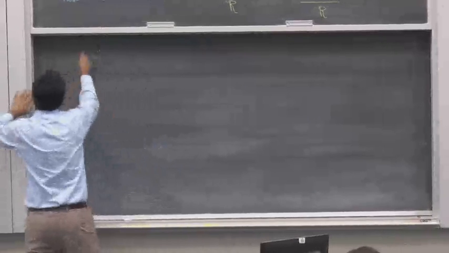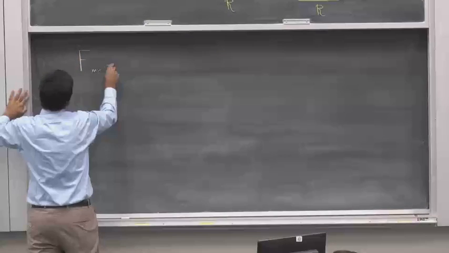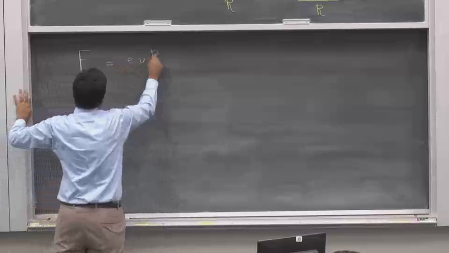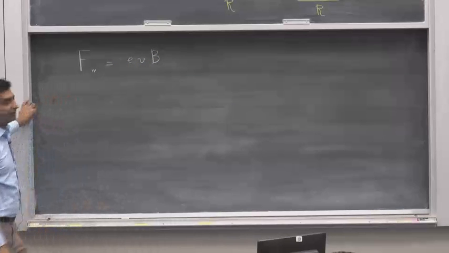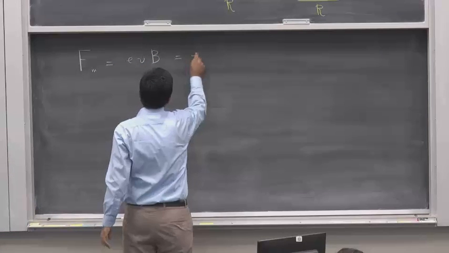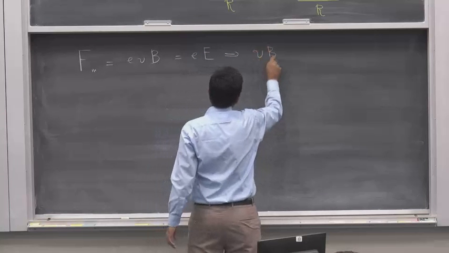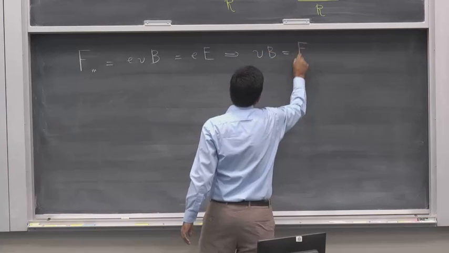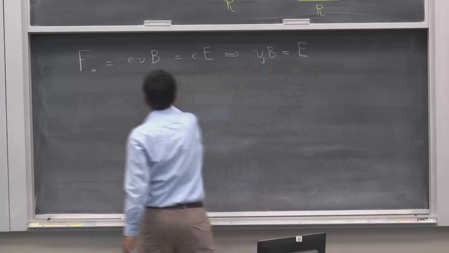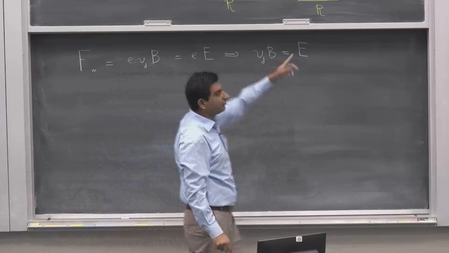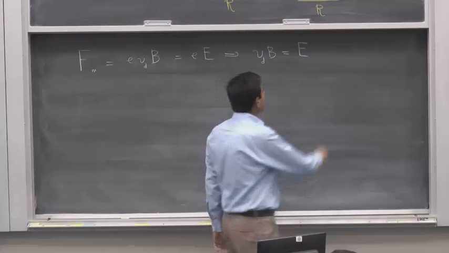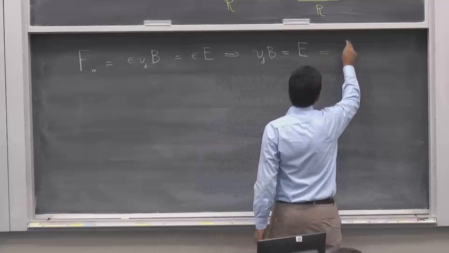In equilibrium, Fm, the magnetic force, which equals eVB, I'm talking about magnitudes here, must equal eE, which means vB equals capital E. Remember, this v is the drift velocity of electrons. So VdB equals E. But E is simply the Hall voltage that is developed,